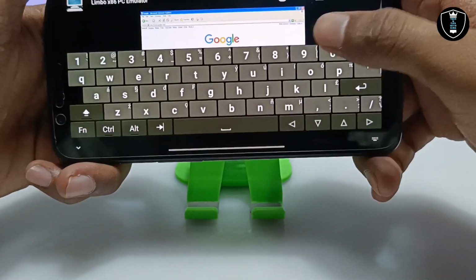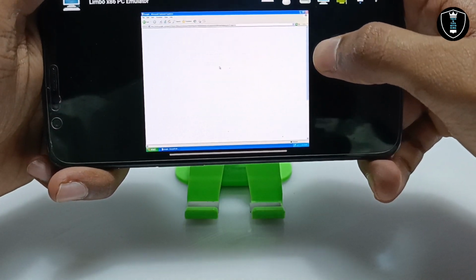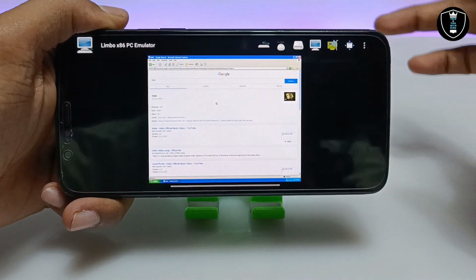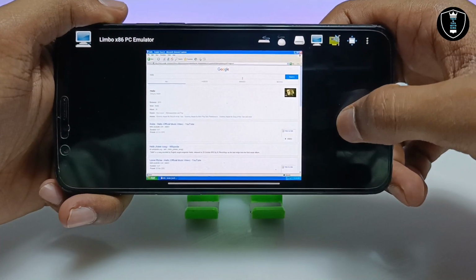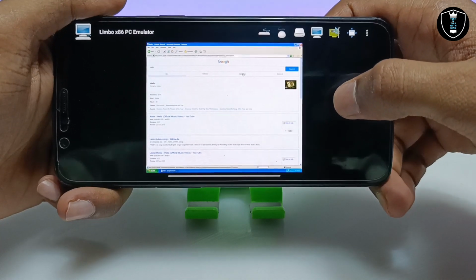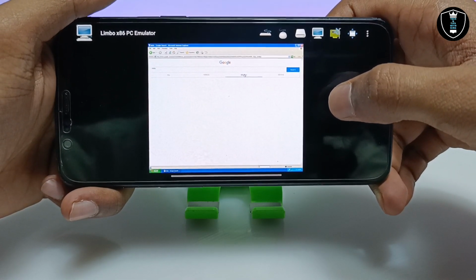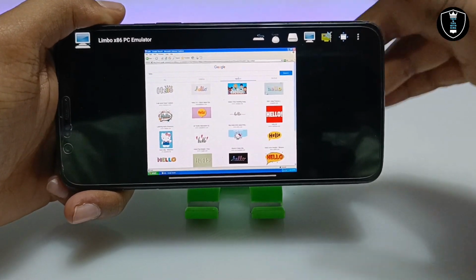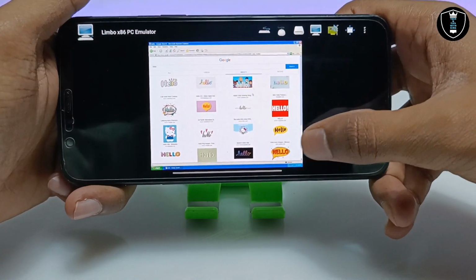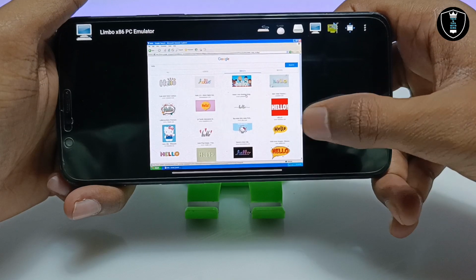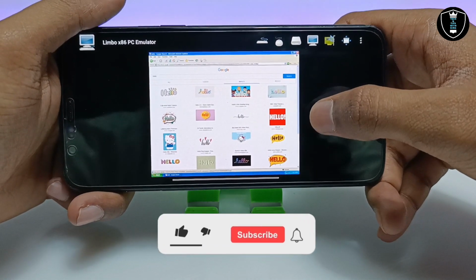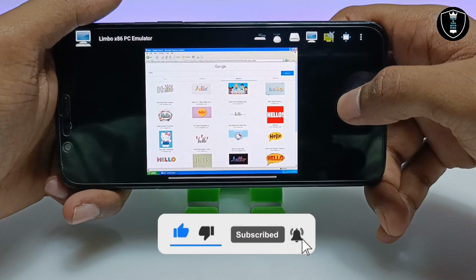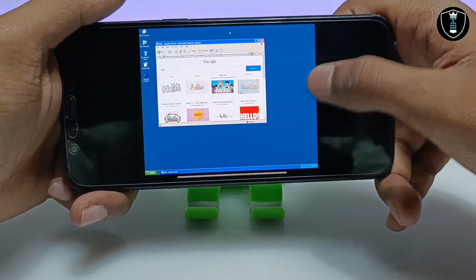Mostly people don't prefer to use Internet Explorer, and you can install any other browser like Chrome or Firefox, but this Windows does not have it. But soon you can install it. Soon I'm going to make a video on how you can install other software in this Windows XP, like Chrome, Firefox, and any other. As you can see, the internet is perfectly working over here. Let me just minimize the screen and open the file manager